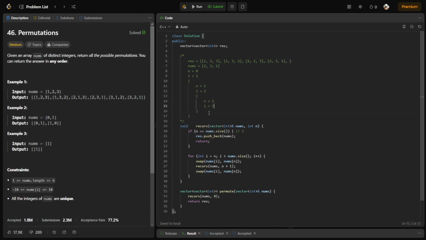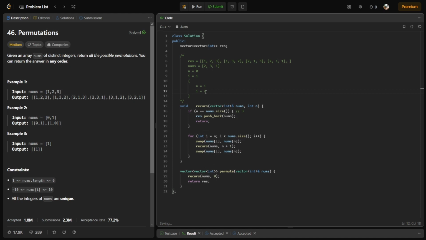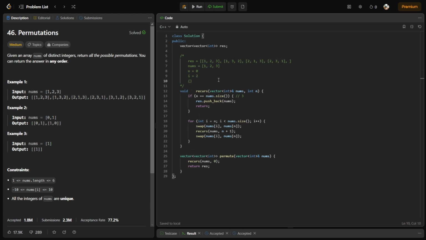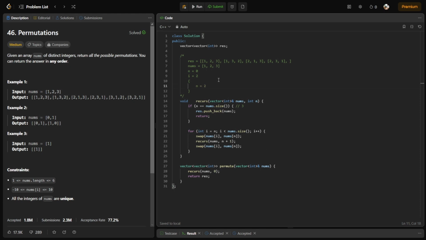Exit this, swap back, 1, 3, swap back over here, and then increment our i again to 3. But since there's no 3 in nums size, we exit here, swap back once again. So we're back to where we started from, but this time we increment i one more time to 2, recurse, n equals 3, and when this happens,